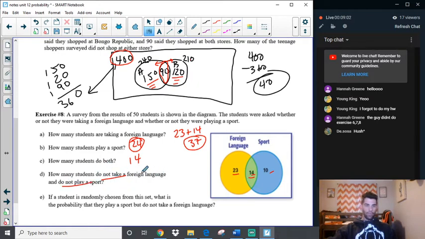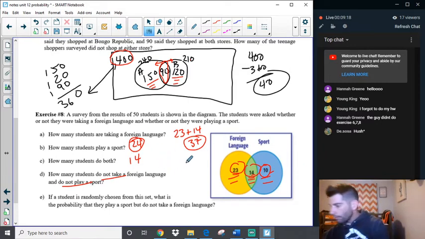How many students do not take a foreign language and do not play a sport? So basically, you're just looking at these three numbers, because this is only foreign language, this is both, and this is 10. Okay, so if you add up all of those numbers and subtract from 50,